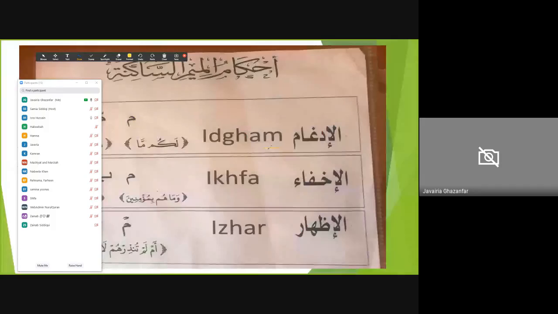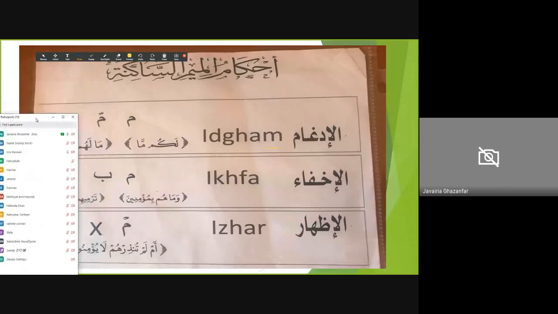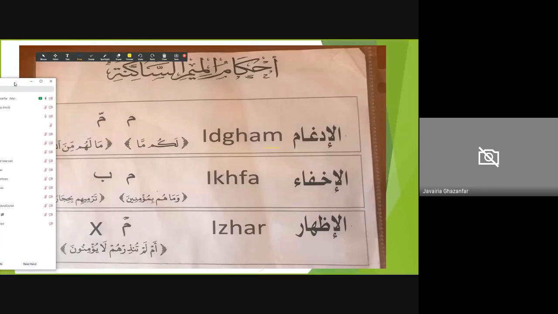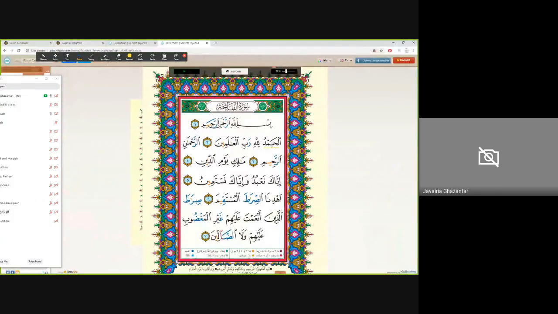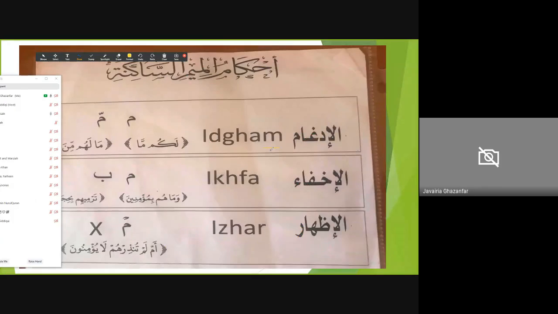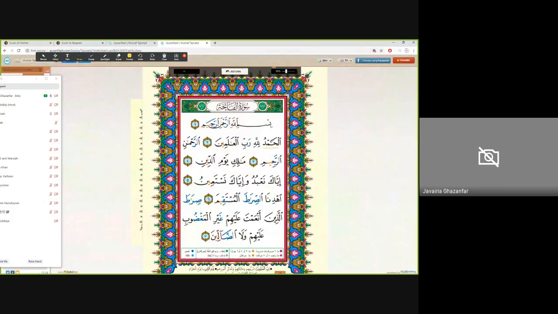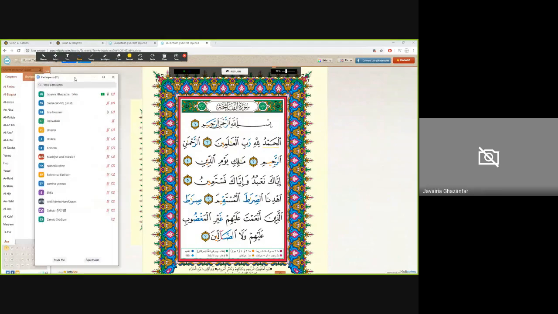And I'm going to give you some reference points here, if that helps you. You have it in your workbook as well. So how do you think I should be reading this word when I'm praying my salah? How do you think I should read it? Okay, so do I do a meem ghunna here? Am I going to do a ghunna here? Or what is this rule going to be called for the meem sakin? Excellent. It's going to be izhar. Very good. So I see a small sign on the meem. I can immediately say this is going to be meem izhar, meem sakina.